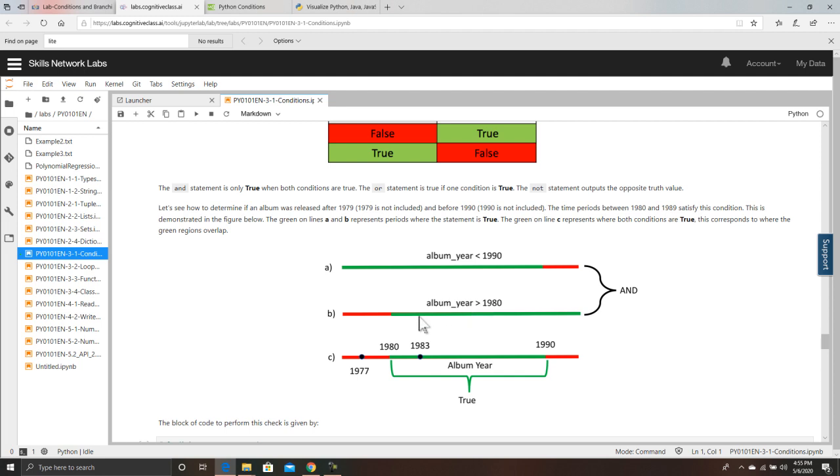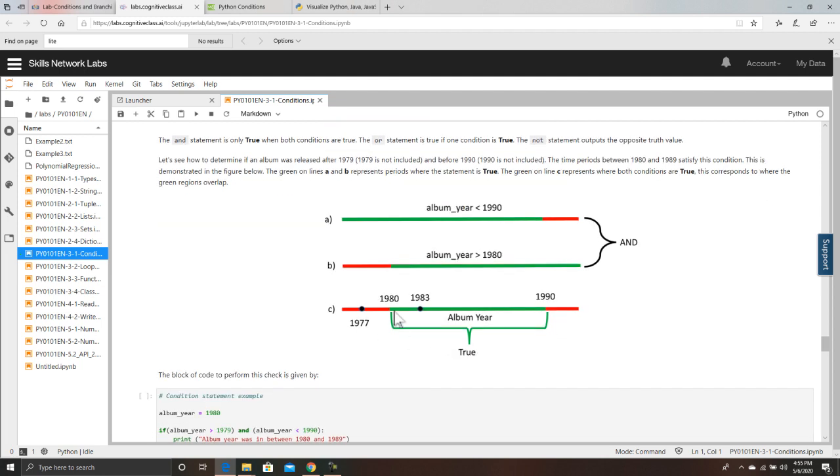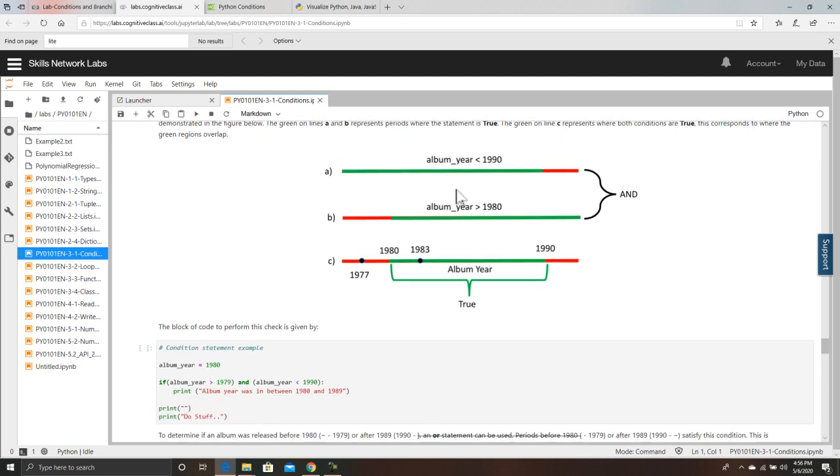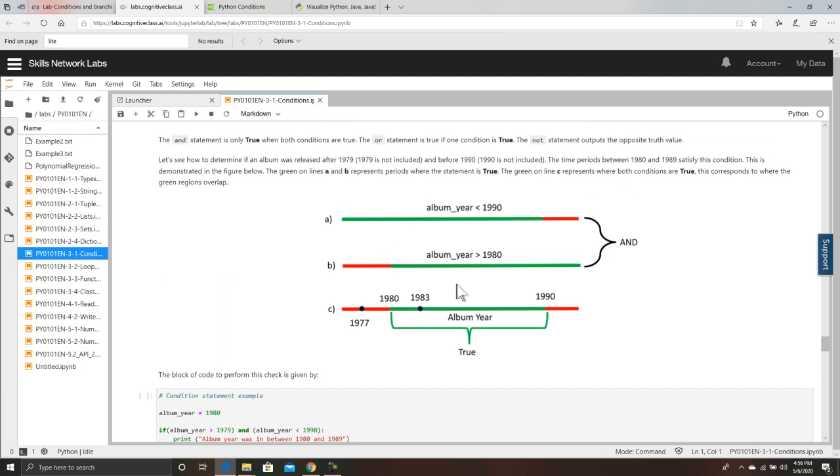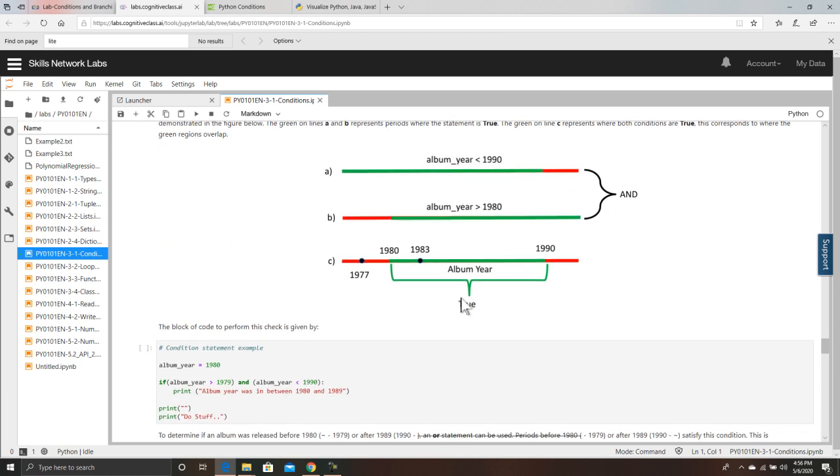The album year which is greater than 1980: this is all greater than 1980, and this will be 1980, and over here all the values are greater than 1980. So for the AND gate, both are true when both regions are true. The region is true above 1980 and the region is true below 1990. So this is the region which is true. This represents the AND gate. Although it was a bit confusing, I made it clear for you guys.